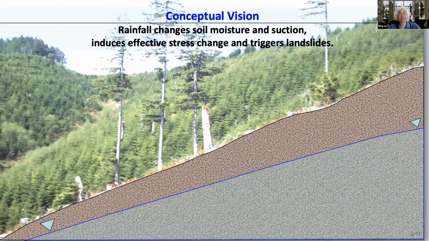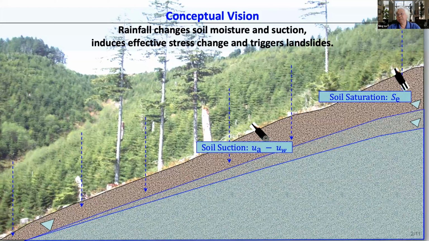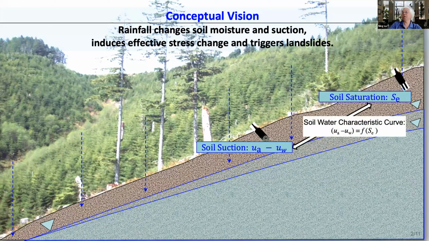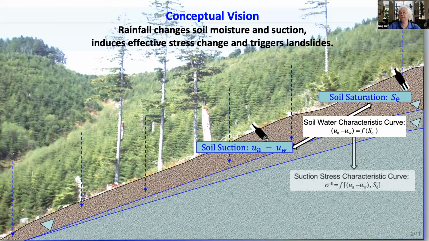And the process that we look at here is, from the rainfall precipitation, we monitor the soil moisture. We also monitor the soil suction. But there is always an important relation between the soil suction and soil moisture, which we call the soil water retention curve, which is attached to each different soil. And that can be characterized under the in situ condition as well as the laboratory condition.